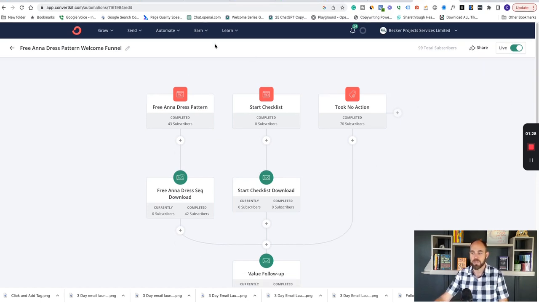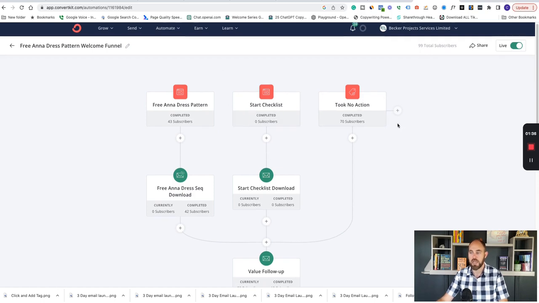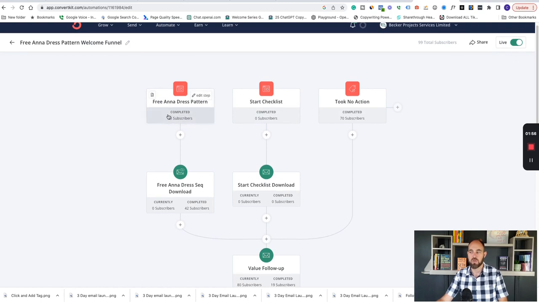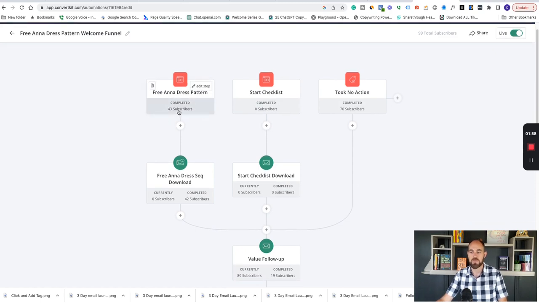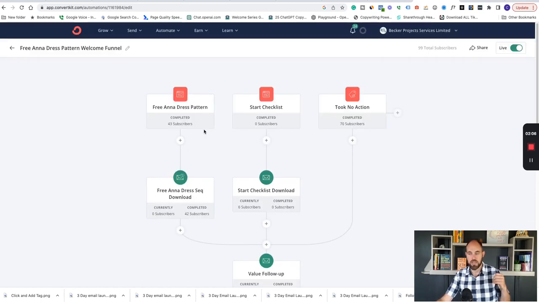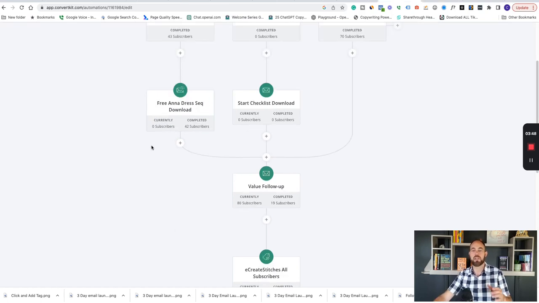So inside of this ConvertKit account, we have this automation. Like I said, it's just recently launched. So 99 new subscribers have started this automation. And there's two ways that they can come in. As you can see, one is not actually bringing subscribers in, but the other is. So 43 people have started this automation. And to start this automation, we're offering a free pattern. So after they've downloaded the free thing and they've got this welcome email, then we bring them into a sequence